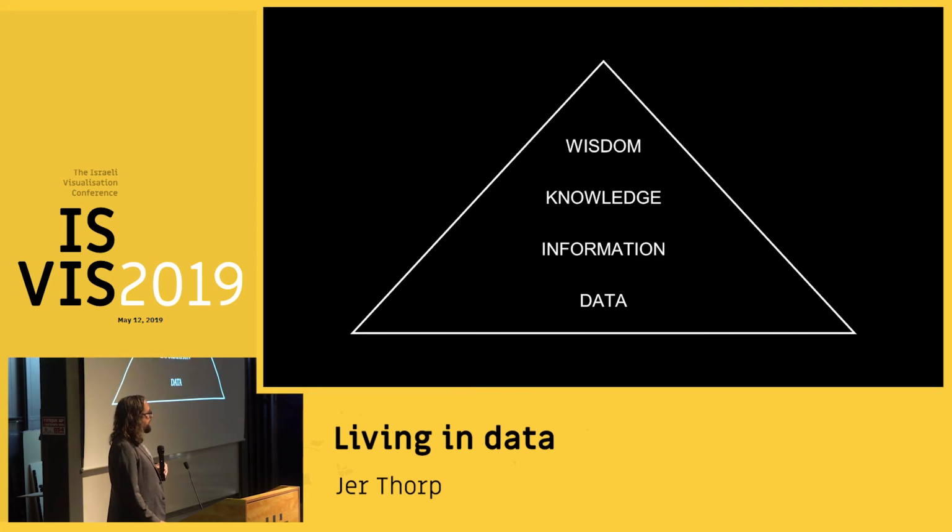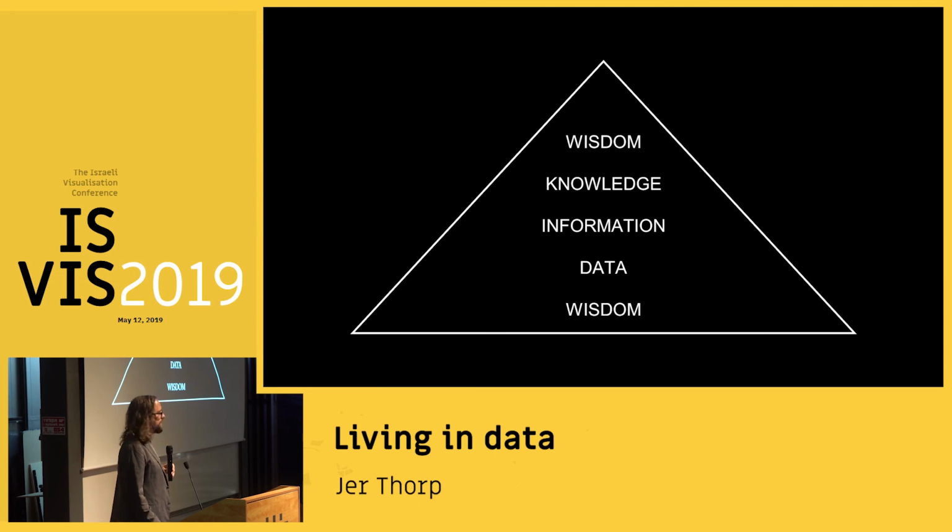This is a diagram you've probably seen a lot before, and I think this diagram encodes some of the problem. Because what this diagram suggests is that you can start with data and get to wisdom. But I would say that you cannot start with data without wisdom. We need to start with a consideration of what are the things that could go wrong before we start collecting large amounts of data as if it was something that is never going to have any impact.